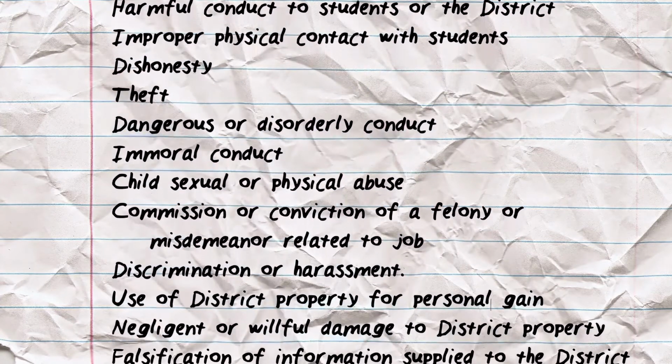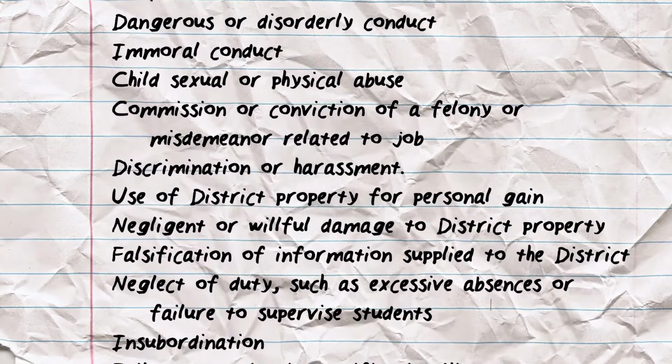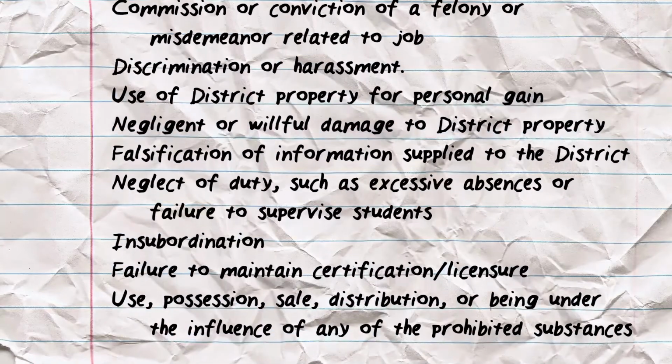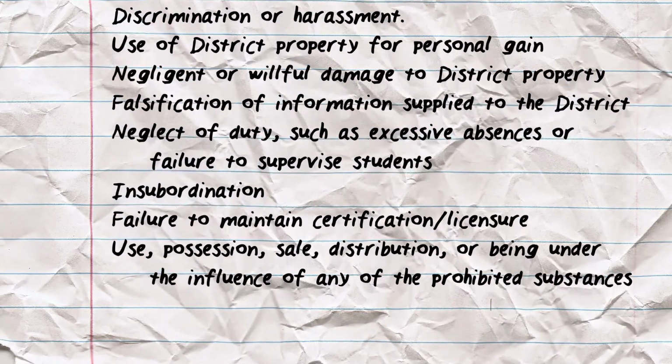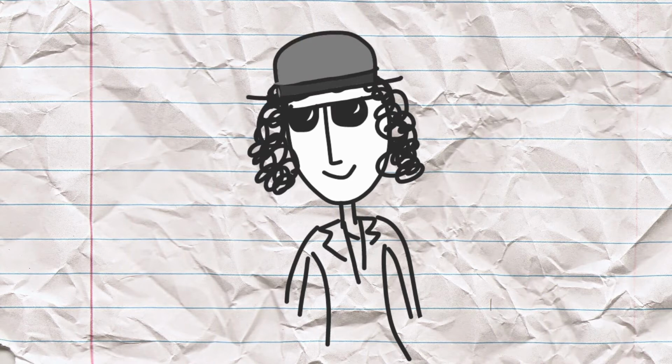Some of the causes might seem obvious or unlikely. However, there is a reason for each. Something as seemingly innocent as forgetting to renew your teaching license or teaching piano at your school could mean the loss of a job. Administrators who become aware of employee misconduct must promptly and thoroughly investigate it, including gathering evidence